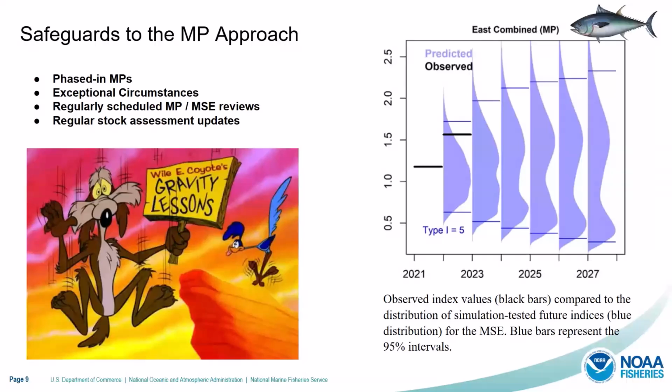Often we're also under the assumption that it's really scary to transition to a new management regime, and it feels a lot like jumping off a cliff. But we build in a lot of safeguards to make sure that we're not jumping off a cliff or that we have a parachute or a ladder or something on our way. Some options for these safeguards are phased in management procedures. So you can put guardrails in your management procedure so that in the first few years, that transition is really slow and gradual. This is something that can be built into your management procedures and simulation tested within the management strategy evaluation.